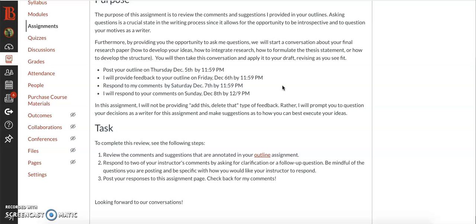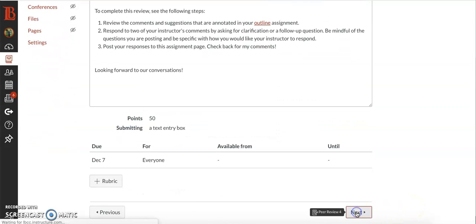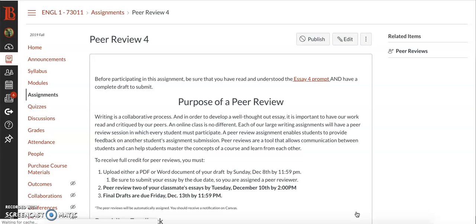Aside from this, you're also going to complete a draft after you've gotten feedback from me. You're going to complete your first draft where you write your intro and your conclusion and upload it onto Canvas for peer review, and that's going to be due on Sunday. So you only have 2 assignments for this week, aside from the annotated bibliography and uploading your outline.